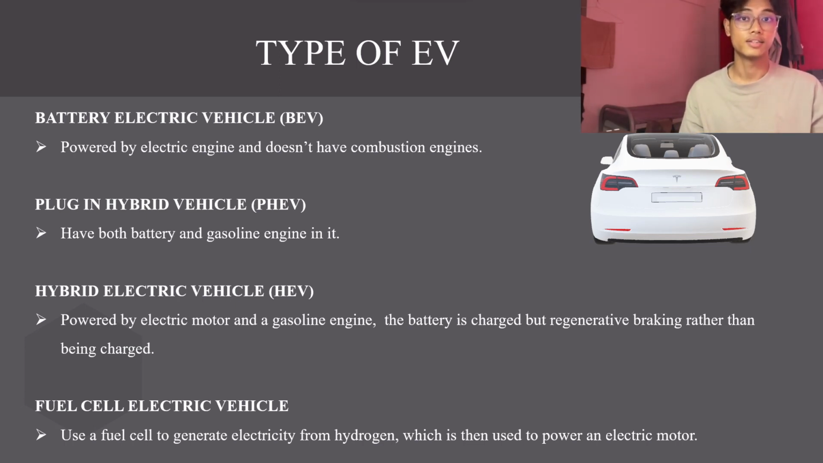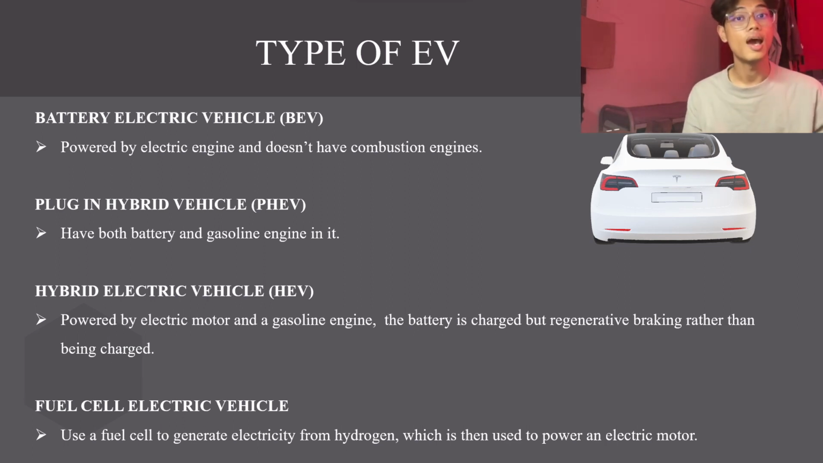engine. And the third one is HEV, that stands for hybrid electric vehicle. This vehicle has an electric motor and gasoline engine, but the battery is charged by regenerative braking rather than being plugged in. HEV usually has a shorter electric-only range than PHEV or BEV, but still can provide fuel efficiency compared to a normal